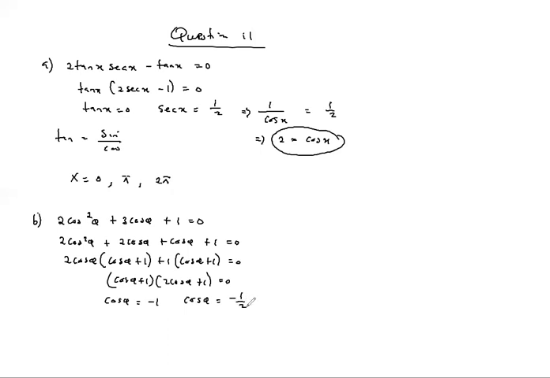So for negative 1, theta is going to be pi, which gives us a negative, from 0 to 2 pi. Then for negative half, we are now not getting anything from the first quadrant, but we use everything from the first quadrant. So we know that theta is equal to 60.